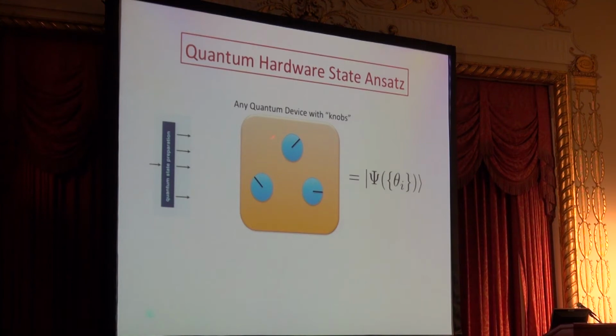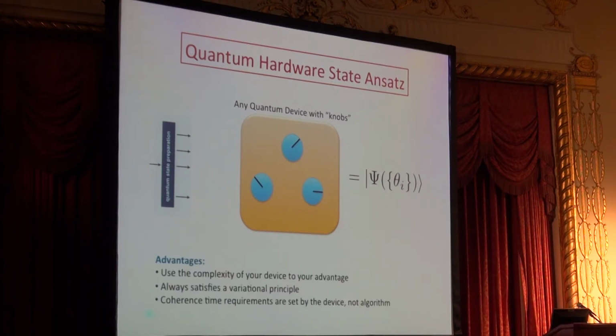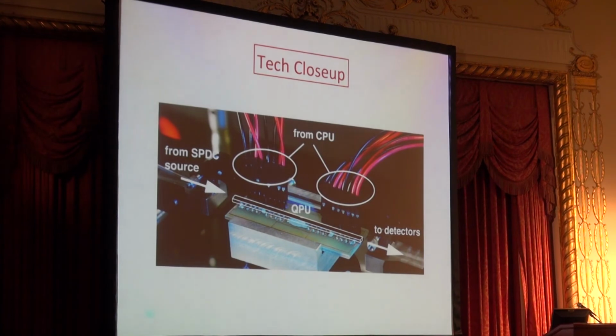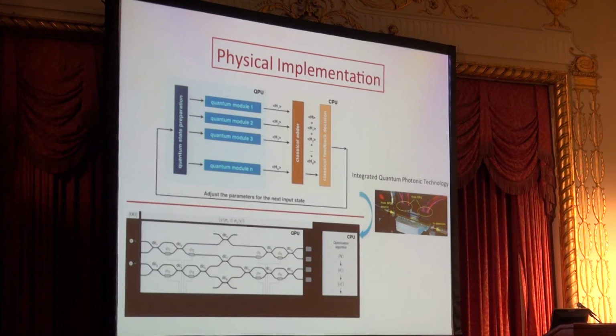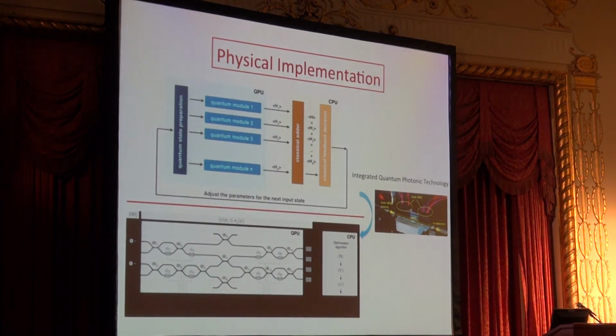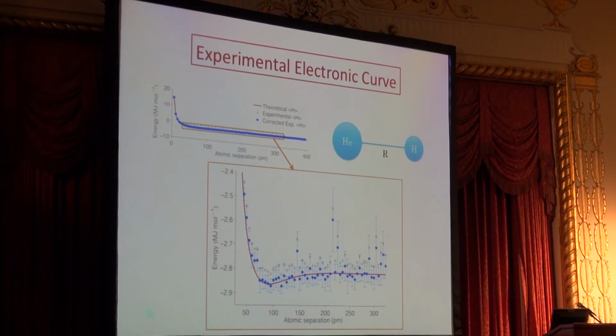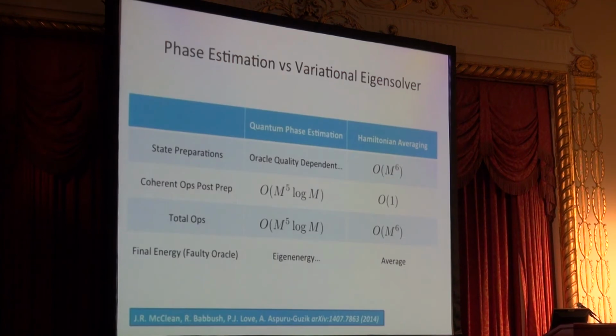But again, the whole idea is that now we really don't even care too much about what's going on inside of the quantum device. We're actually abstracting it into a black box, okay, that has a certain number of knobs that we variationally tune to obtain an expectation value, okay? So this is the next level technology. I guess that was a macroscopic optical table. Now we're going into waveguides. It has a lot of noise because of this coupling that you see there. But nevertheless, it's a tunable optical device that actually gave us now a 4x4 matrix. So for all of you that criticized me for my 2x2 matrices, now we're at 4x4, okay? So wait another 4 years.